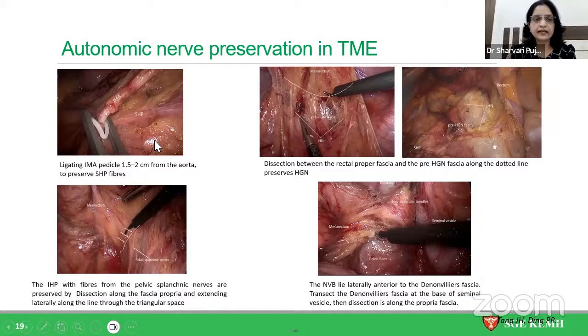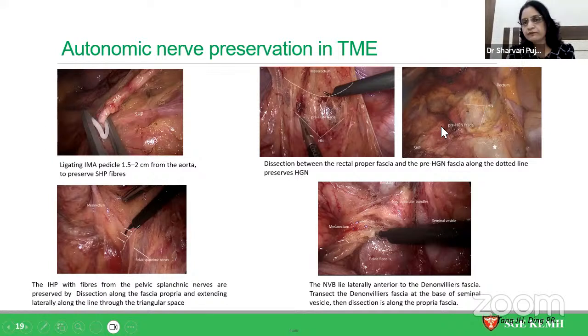So once again, I am repeating, this is the ligated IMA pedicle, and this is the superior hypogastric plexus. This is the mesorectum. These are the hypogastric nerves, and this is the pre-hypogastric nerve fascia. So the dissection should be just behind the rectum, pushing this fascia and nerves posteriorly. On the right side, it should be in the